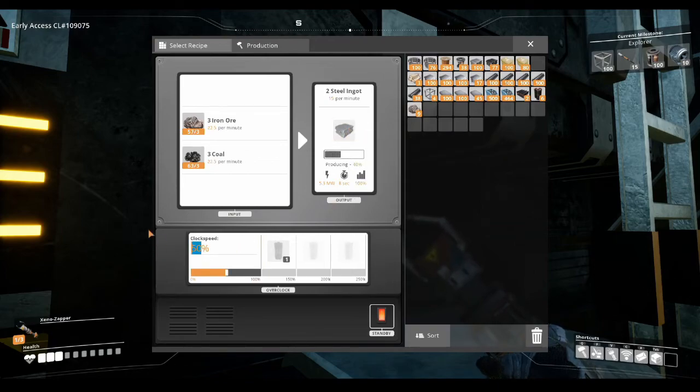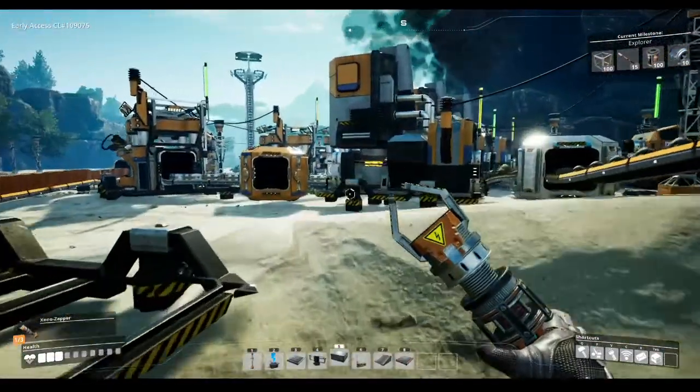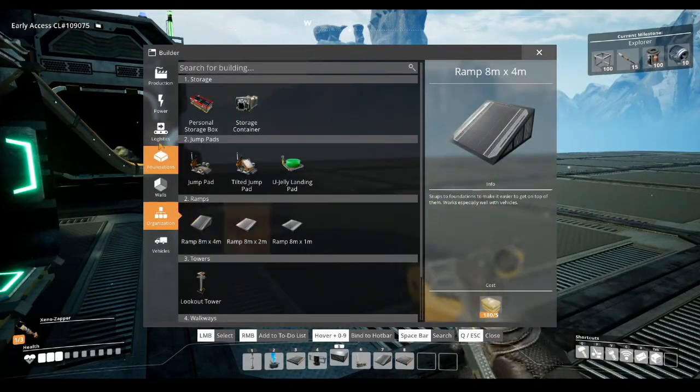Even there, look at that, 5.3, what was it? 10%. 16. So 1/3 of the power for half the speed. Now I have to go make more. But these things need...